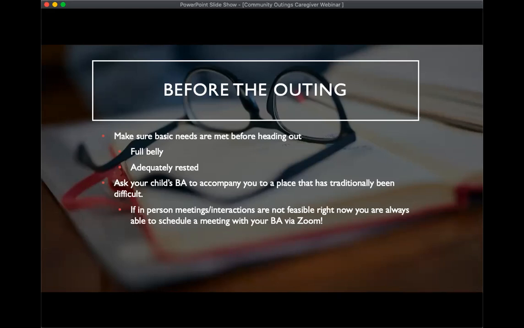And they likely, before you start services, wouldn't be accompanying you on those outings, but they could at least give you some strategies that might be individualized to your child. But if in-person meetings and interactions are not feasible right now during these times, you're also able to schedule a meeting via Zoom. So just to talk about it maybe before you go or whatever you need.